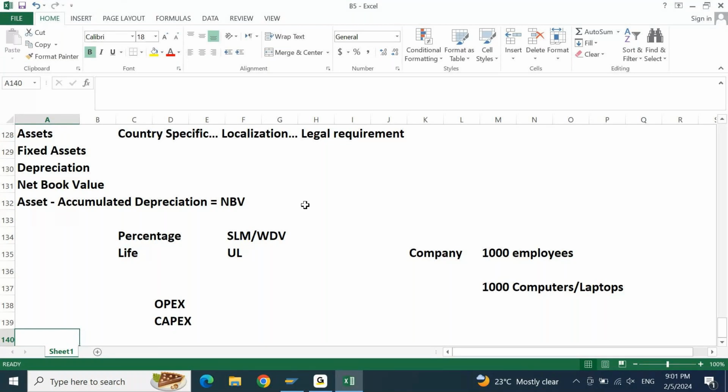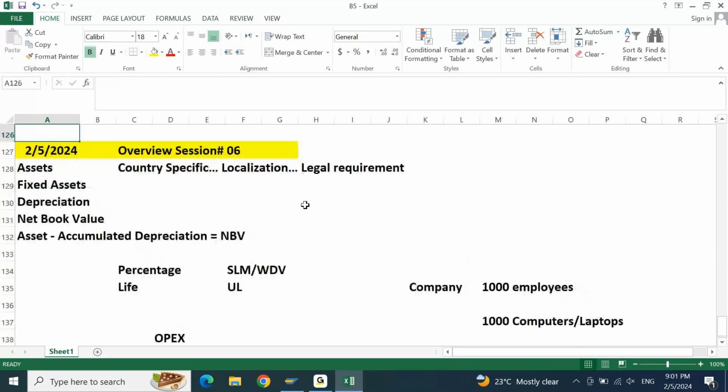Okay, so this is all about asset accounting at a basic overview level, at a very high level. In the upcoming sessions, meaning tomorrow's session, we will talk about the different points. Tomorrow we will spend a little more time because we are very late today due to different reasons. I'll stop the recording here today, and in tomorrow's session I'll continue this topic plus an additional topic.